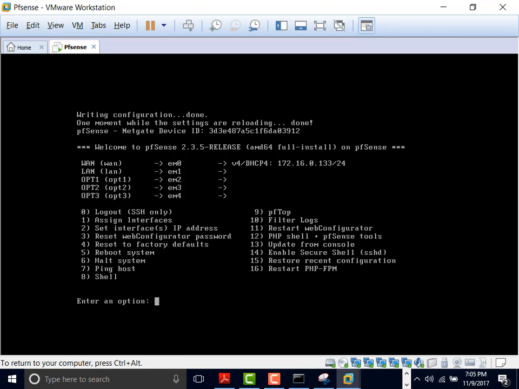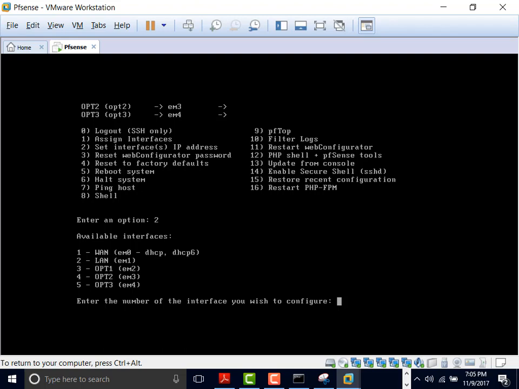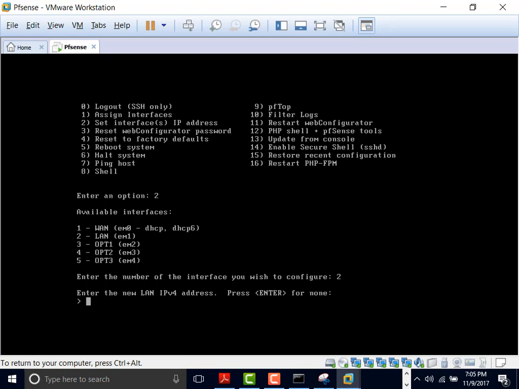You see that the only one that has an IP address here is the first one, that is, DHCP. So at this point here, I'm going to go set interface IP address. And I'm going to specify the one that I want to set IP address for. And at this point, which one is that? Number 2, right? My LAN. So enter the new LAN IP address. So I'm going to call this one